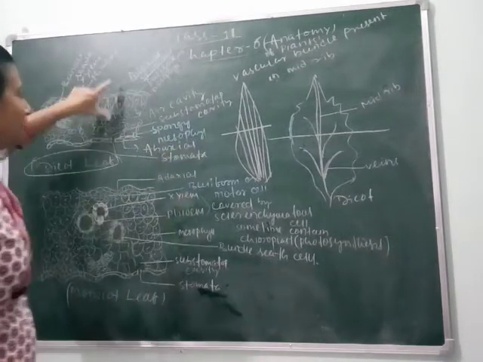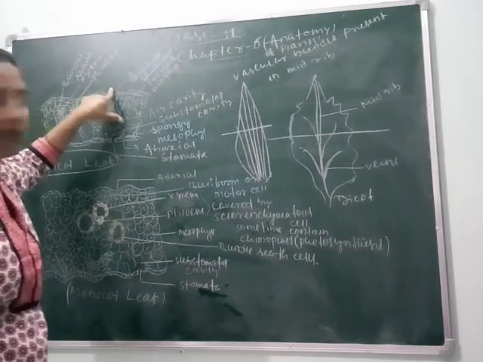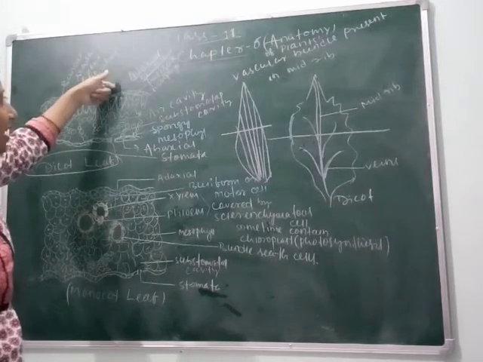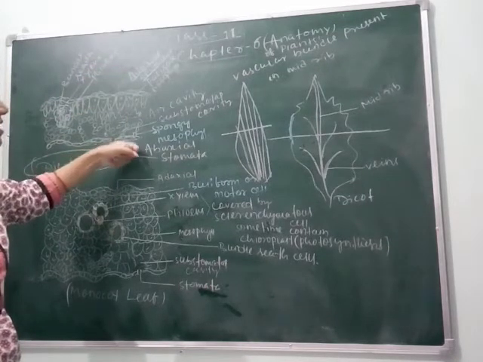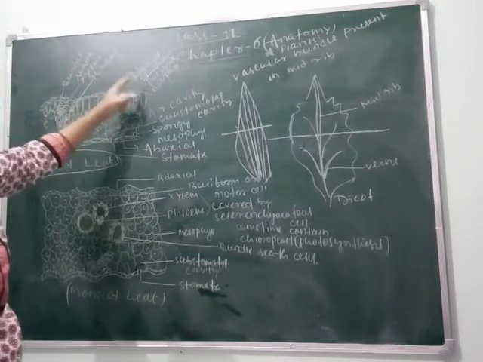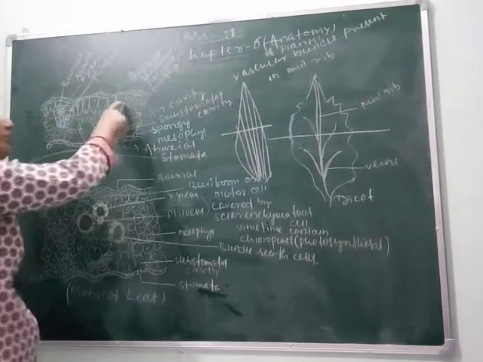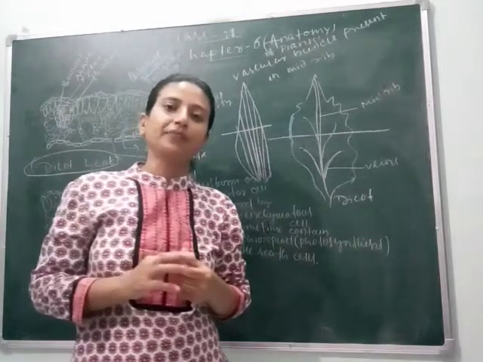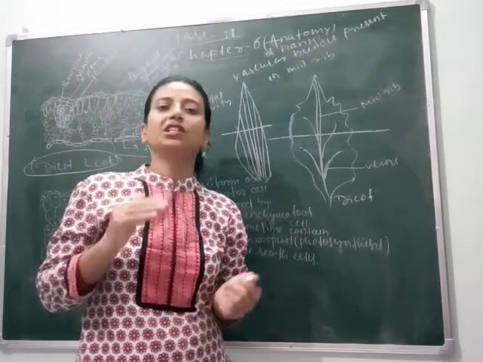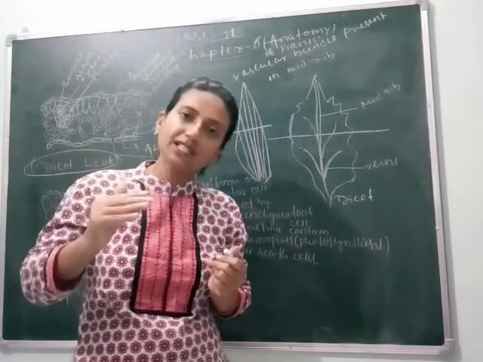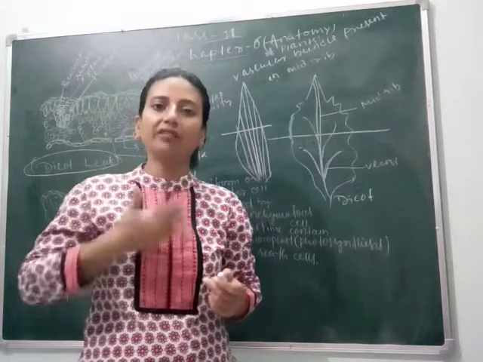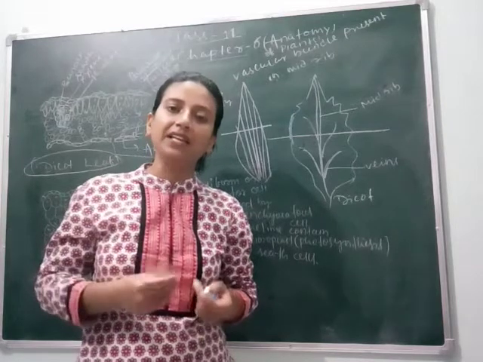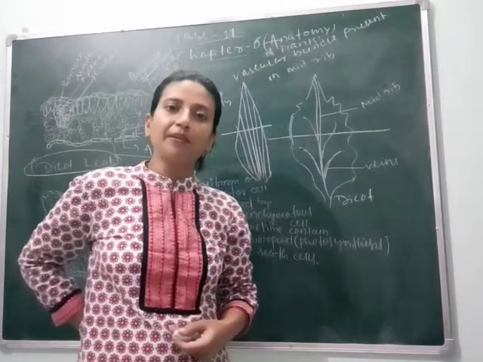So when we see the transverse section of a leaf, we see that adaxial epidermis is above and abaxial epidermis is below. Just below the adaxial epidermis, some palisade mesophyll is present. Here I want to tell you another thing. In case of dicot leaf, it is dorsoventral, meaning it has a dorsal side and a ventral side. This side is called ventral. As you know, ventral comes from the term ventrum. Ventrum means belly. This is the belly side and this is the back side.